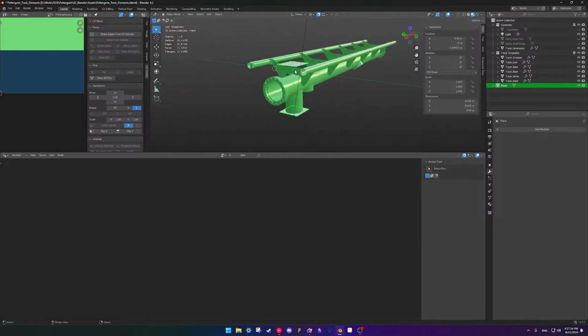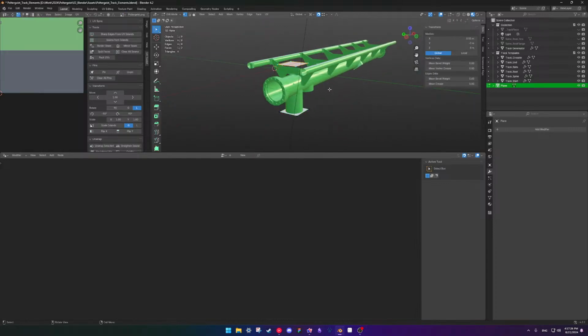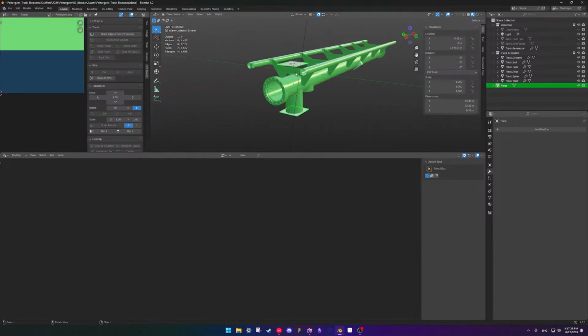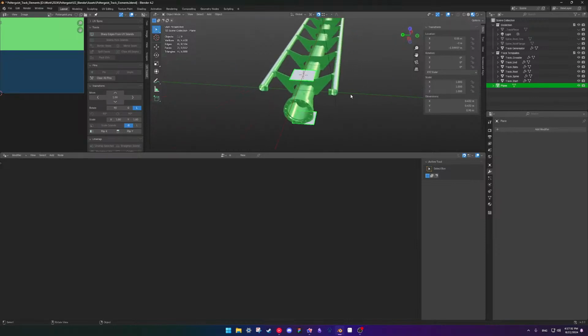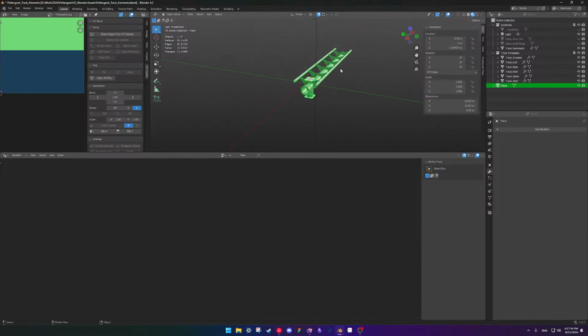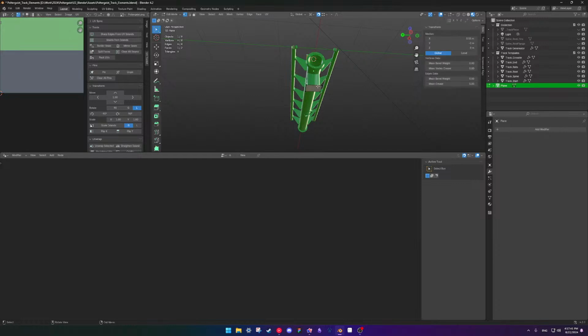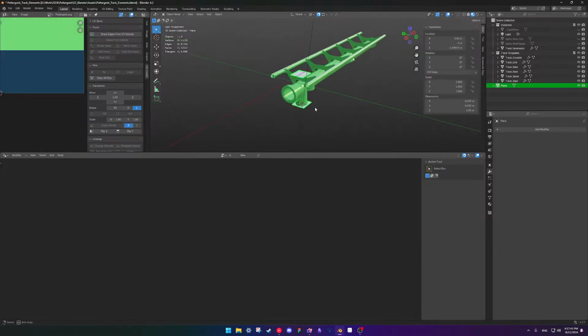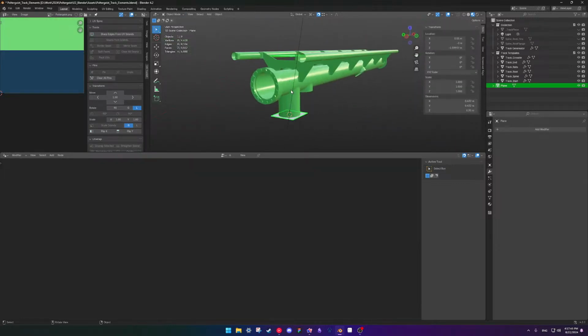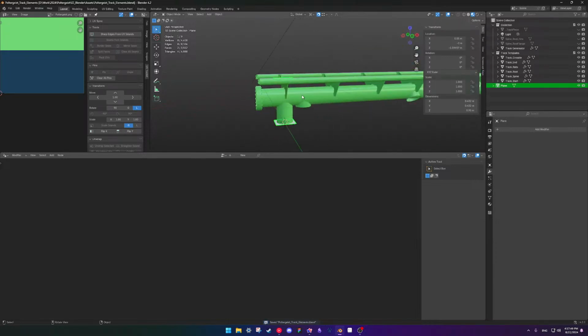What I can do is like go here and move. Like if I had the support, I can just move it to here and move the other one to this part. And then I can connect them there. Actually, I can just show you.